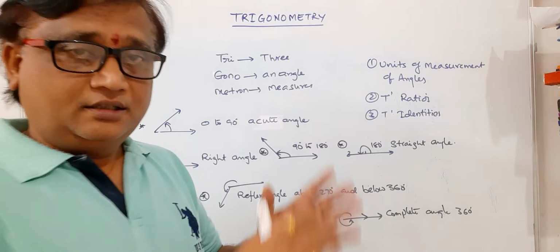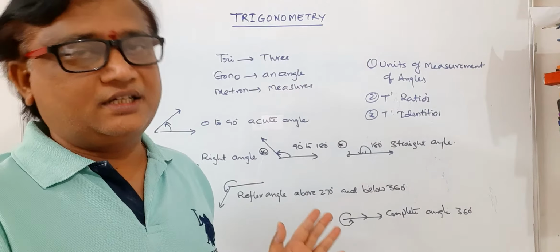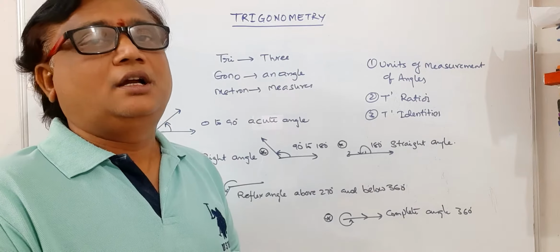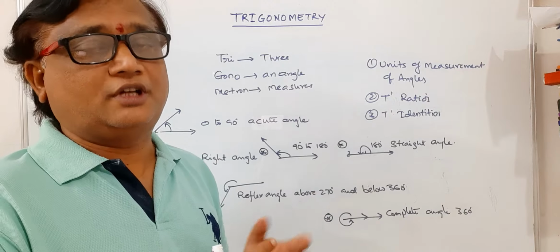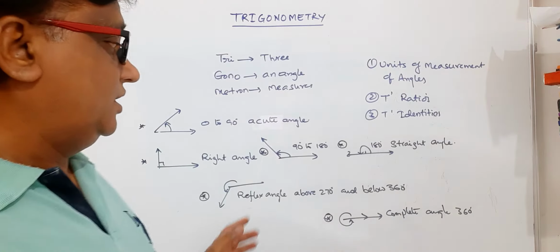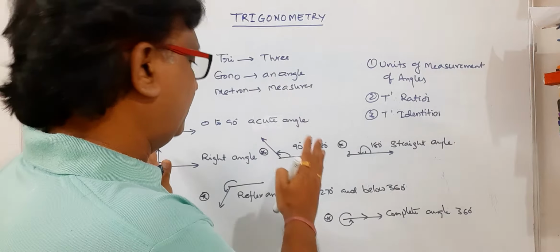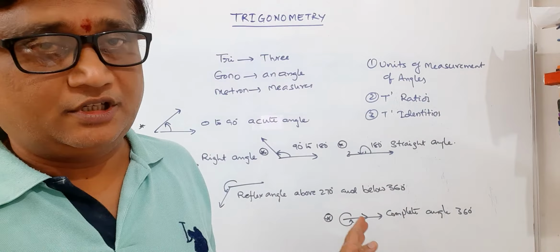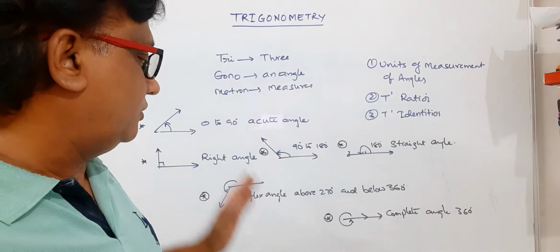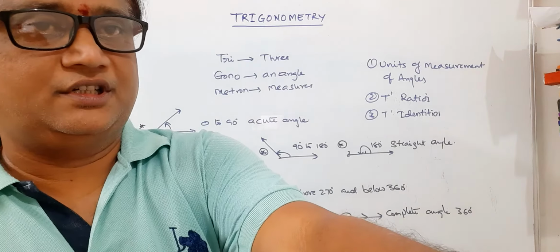So these are the angles. Particularly in trigonometry, we are taking that angle direction also, that is clockwise direction, anti-clockwise direction. Clockwise direction is negative direction and anti-clockwise direction is positive direction. So first you remember all the things, because this is the most important. So 180 degrees and 90 degrees, 0 to 90 degrees, acute angles, and reflex angles are 270 to 360 degrees.